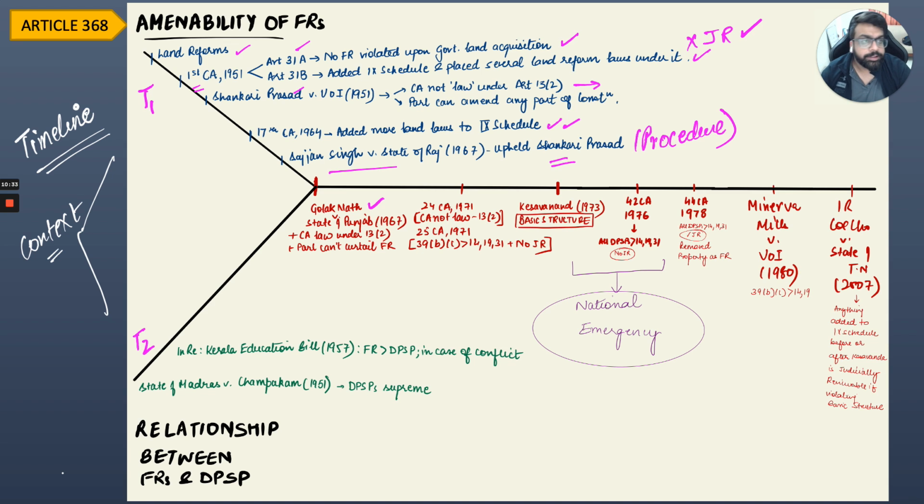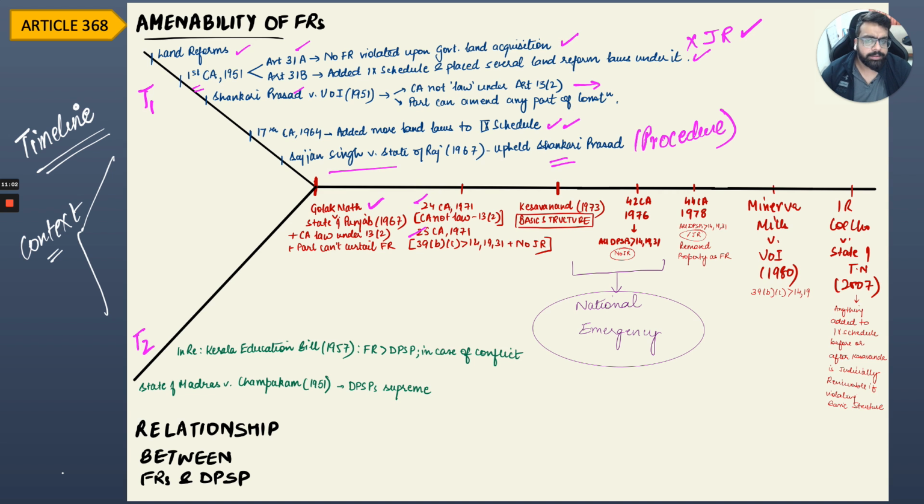It overruled all of its previous judgments and said, "Boss, constitutional amendments are very much under law as per Article 13 clause 2, and the Parliament can't make a law curtailing fundamental rights because there's no such thing as a constituent power." This, of course, was a massive hit back to the government. The government went on to a constitutional amendment spree, and the two most controversial ones at that time were the 24th and the 25th constitutional amendment.